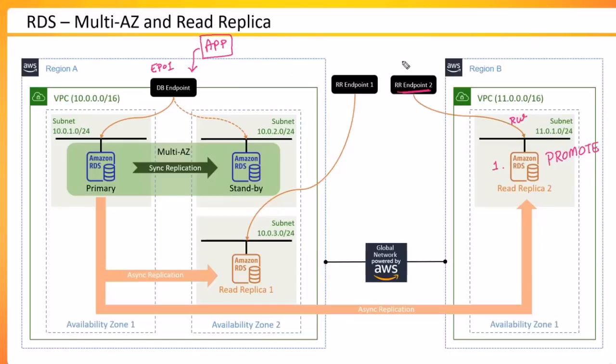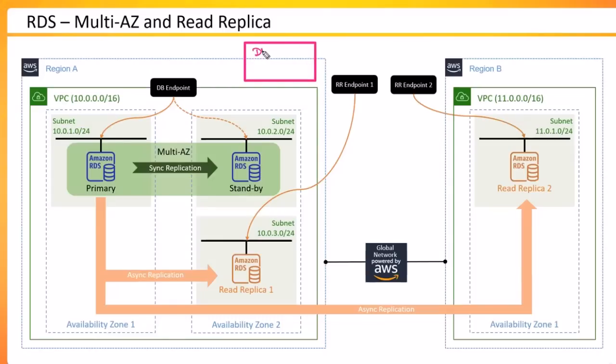This read replica, when it is promoted, let's say it is my EP02 endpoint. So I may have to modify my application, then only it would be trying to talk to the read replica. So that is one way: first we have to promote, and second we may have to point my application to this read replica. Another way of doing the same approach could be that, let's say I have a DNS